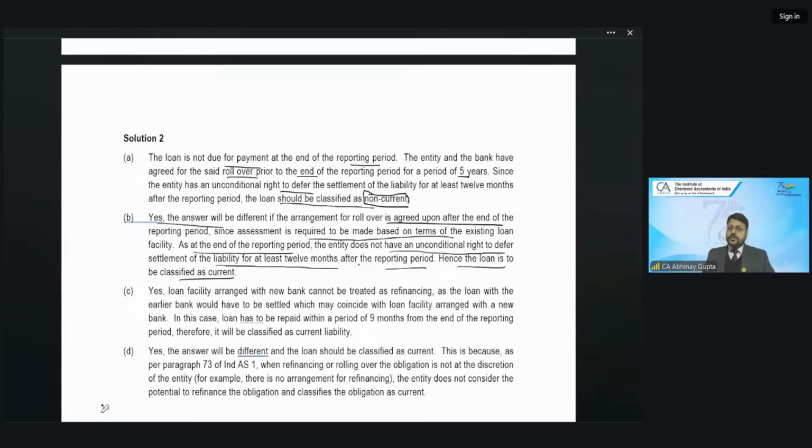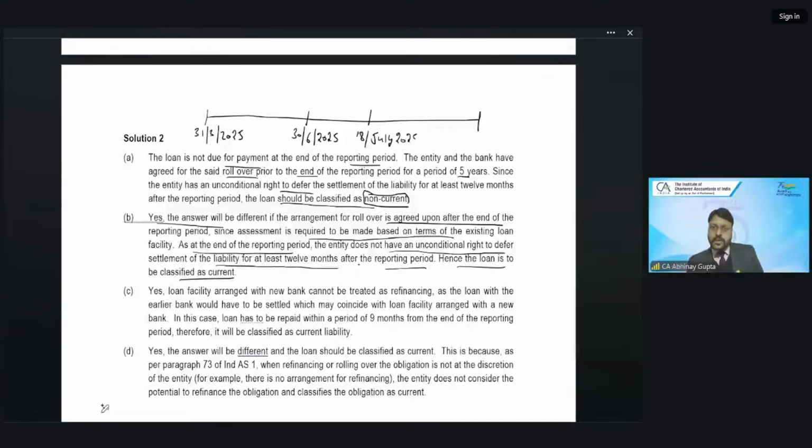Now, I'm not sure if any of you is getting a doubt that somewhere in your main sessions you must have studied that there are two important dates. For example, let me draw the chart, right? So, for example, this is 31st March 2025, this is 30th June 2025, and suppose this is 18th of July 2025. And this is the date when the board of directors meeting is conducted and the financials are approved. Okay,